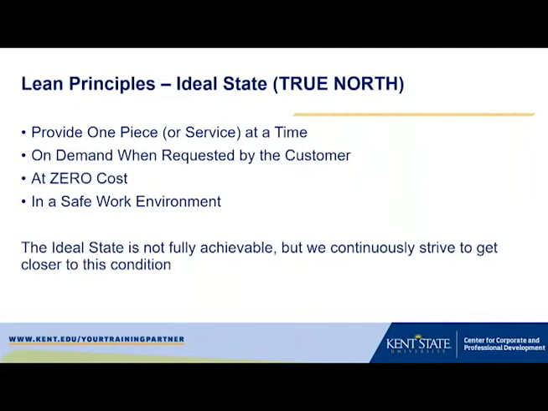And obviously we can look and say, well, that's not possible. We can't do that. It's not fully achievable. But if we keep that as our compass, as our ideal condition, and we recognize that we can always get better, we're on that lean journey, and we can continue to try and identify those things that are preventing us from getting to this condition. We always have opportunity to get better. We could be the best in the business, but no one is standing still, and we can always be better.